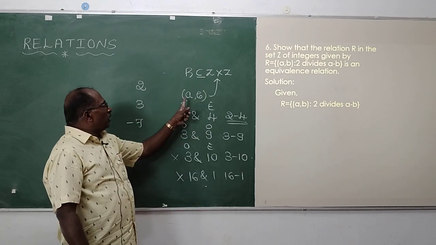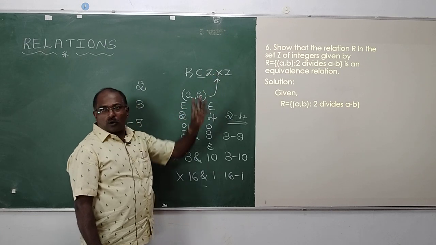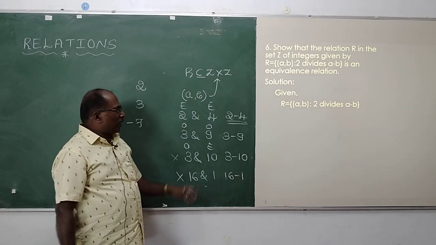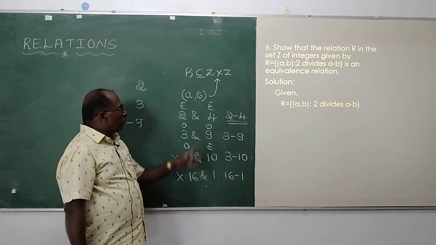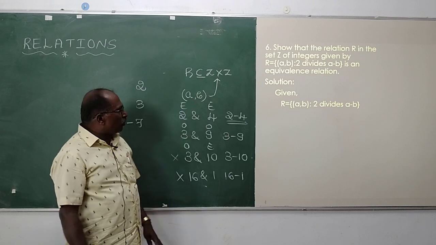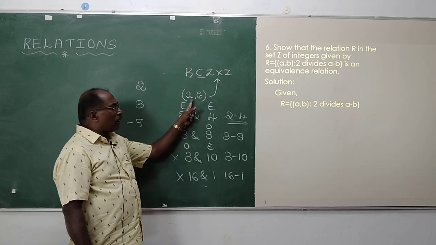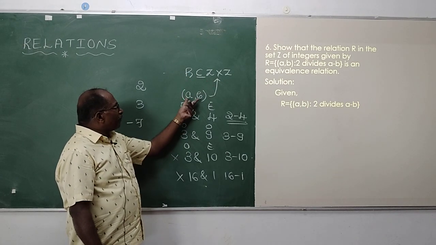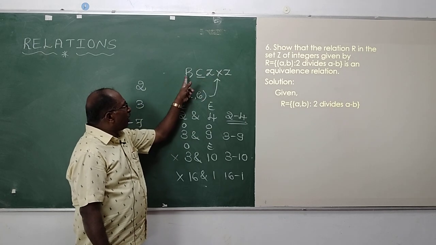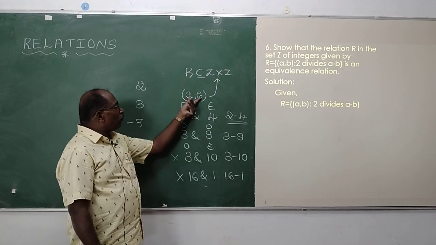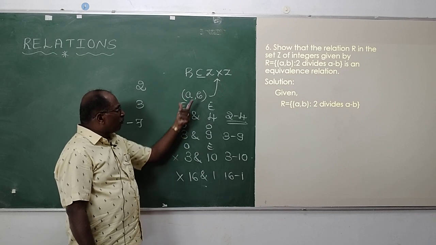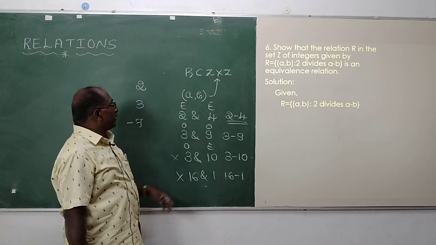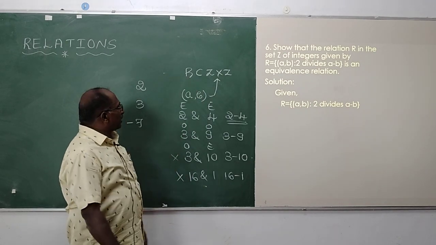We know if (a, b) belongs to Z cross Z, both a and b can be odd, or both a and b can be even. a is odd, b is even. a is even, b is odd. There are 4 possibilities. Therefore, not all the ordered pairs (a, b) of Z cross Z are in R. The ordered pairs (a, b) of Z cross Z are in the given relation R only when both a and b are even or when both a and b are odd. Therefore, here R is a proper subset of Z cross Z. Means this is not a universal relation.